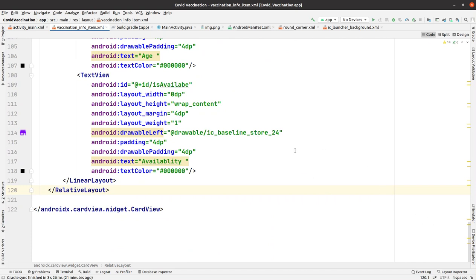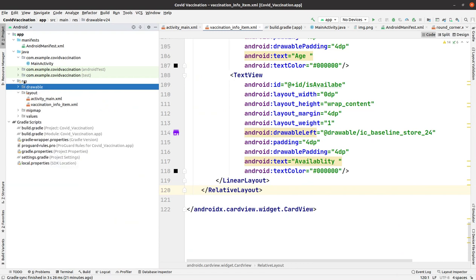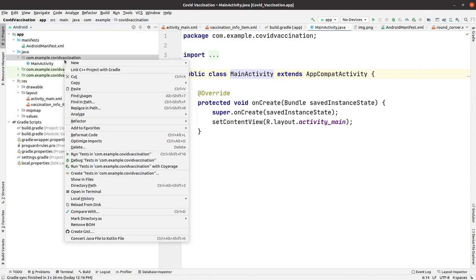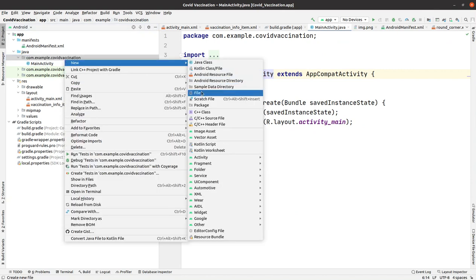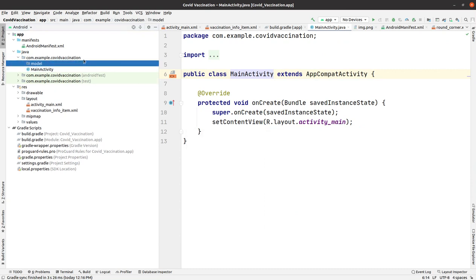The Java coding part. Okay, so this is the Java coding part. First of all, I have to create packages here, and I'm giving the model class here, and this package was